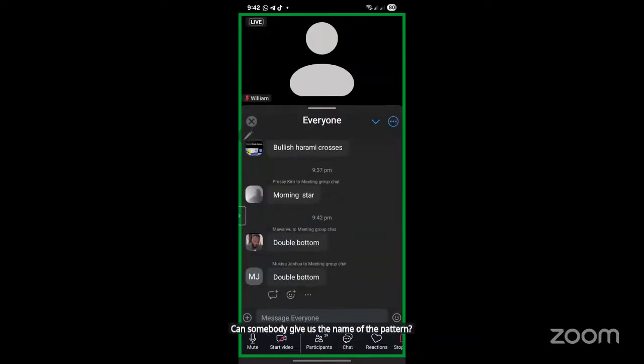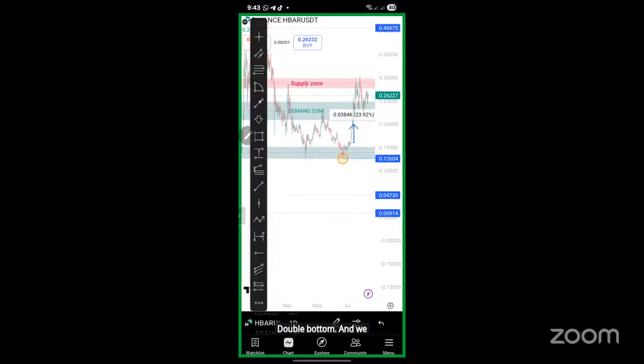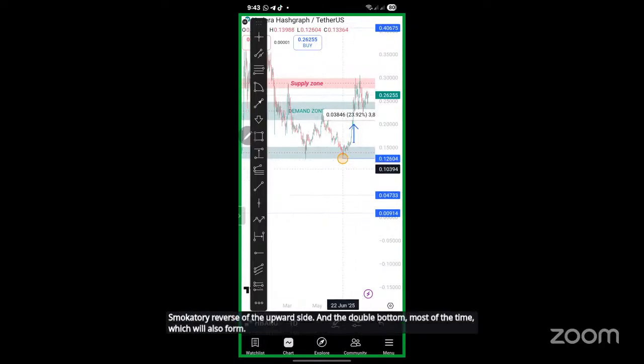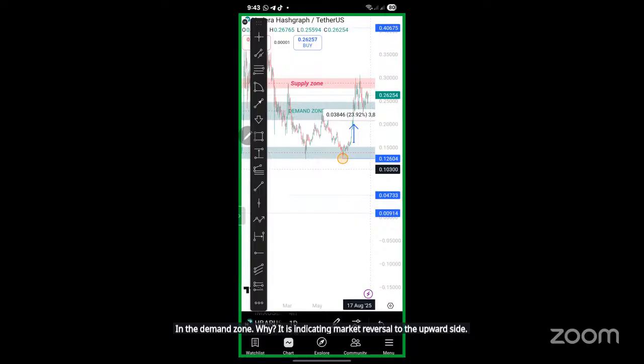Double bottom. Thank you very much, Mawanvu. And we said whenever you see the double bottom, it indicates market reversal to the upward side. And the double bottom most of the time will also form in the demand zone. Why? It is indicating market reversal to the upward side. As simple as that. All right. Now,